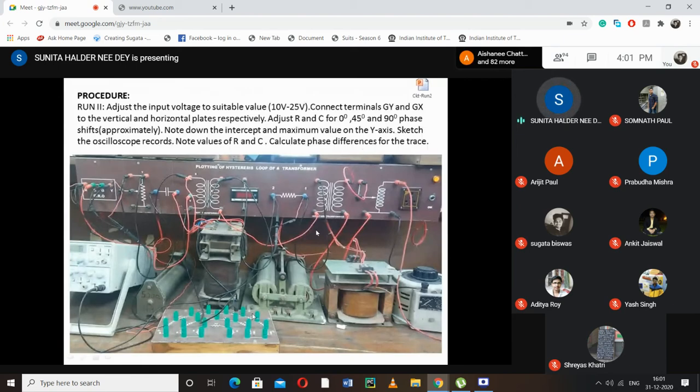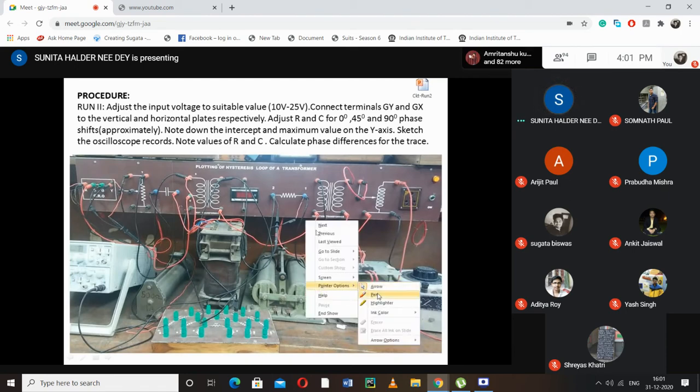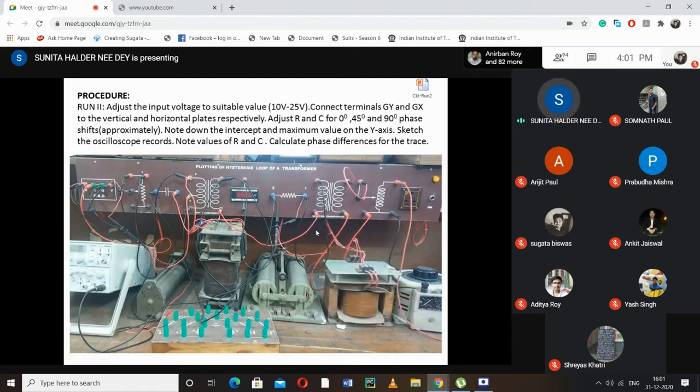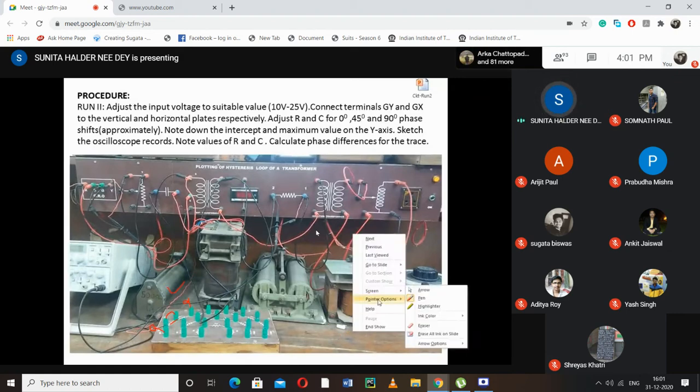This is the decade resistance box, or you can say decade resistance. Some resistances are connected in series and they are marked how much resistance is there. Say for example, if we connect these two with a wire, that means this resistance is shorted, then we are taking this much of resistance. In this way, we can take any set of resistance from this decade resistance, and this is the rheostat we shall use.